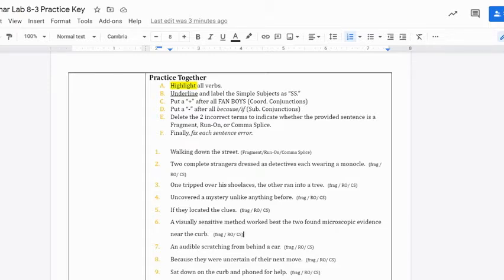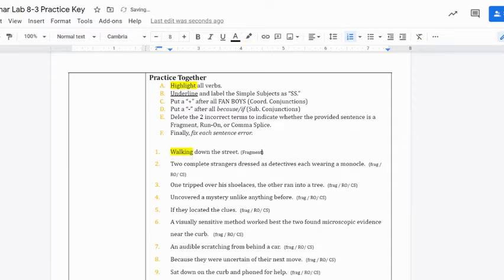Walking down the street. Looking at that, it seems like we have a verb, walking. Simple subject. Who is walking down the street? The sentence doesn't say, so it tells us we're missing a simple subject. And we'll keep going with these steps. FANBOYS: for, and, nor, but, or, yet, so. Nope, none of those. Because or if subordinating conjunctions: because, if, since. No, I don't see those. Then you have to decide, is it a fragment, run-on, or comma splice? Well, since we already decided that there's no simple subject, that tells us immediately that it is, in fact, a